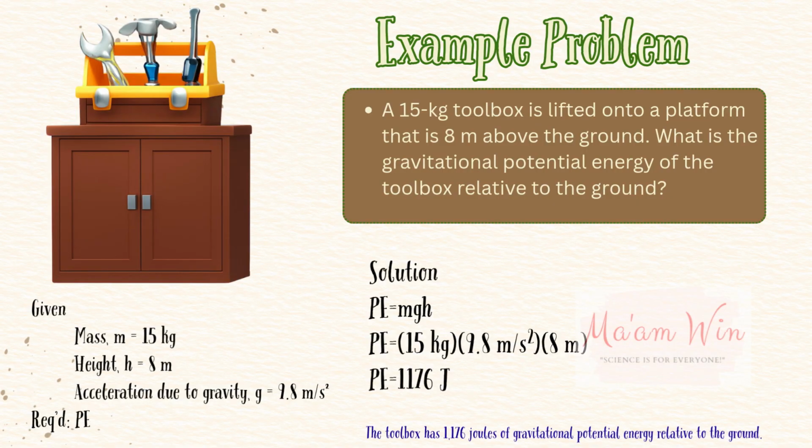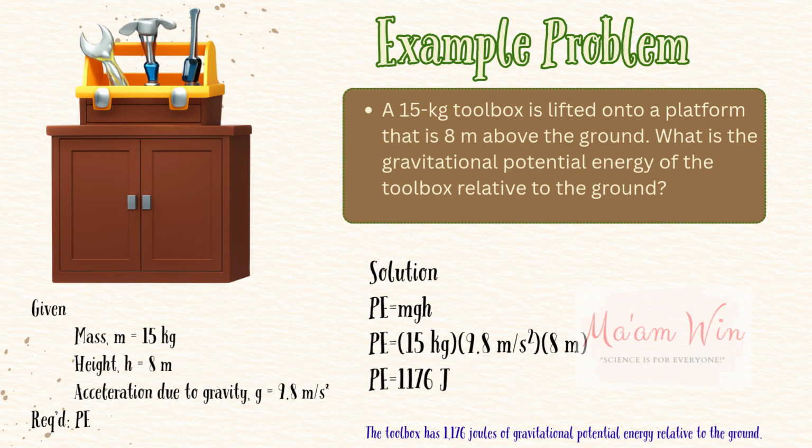Okay, let's solve another example involving gravitational potential energy. A 15-kilogram toolbox is lifted onto a platform 8 meters above the ground, and we are asked to find its gravitational potential energy. Using the formula PE is equal to mgh, we substitute the given values. PE is equal to 15 kilograms, and g is equal to 9.8 meters per second squared, and we multiply that with 8 meters, and the result is